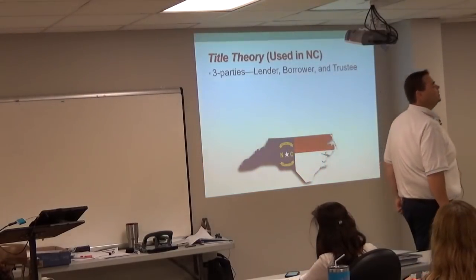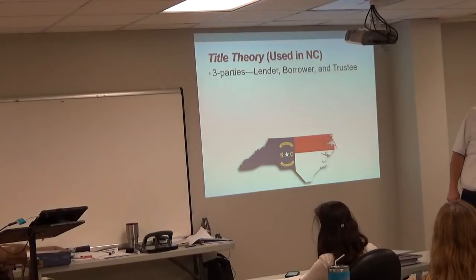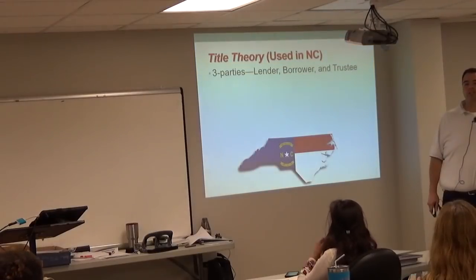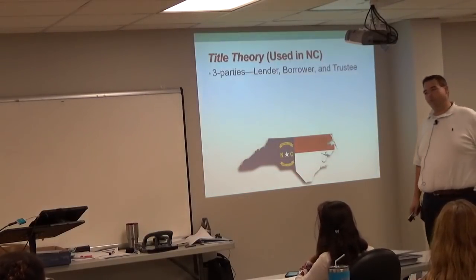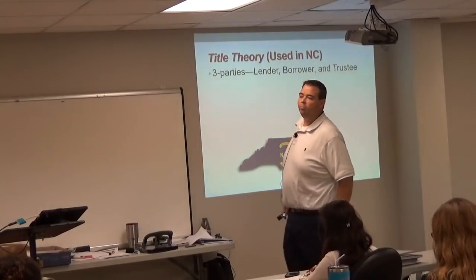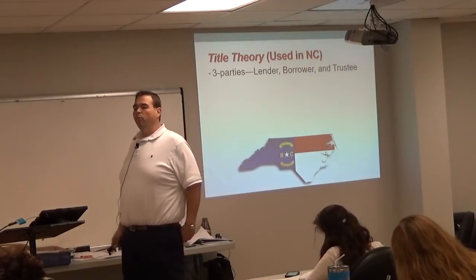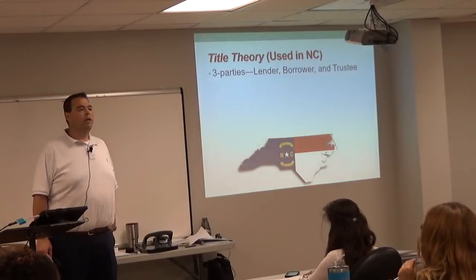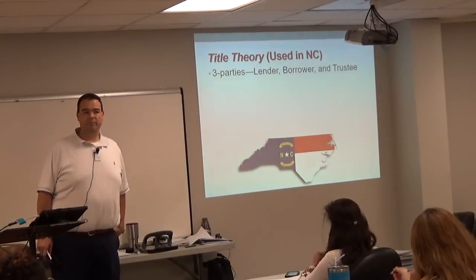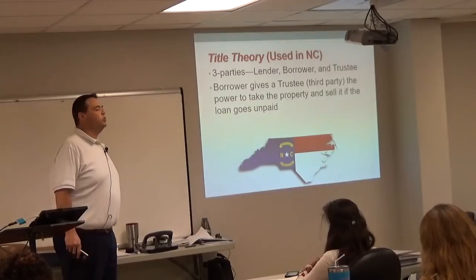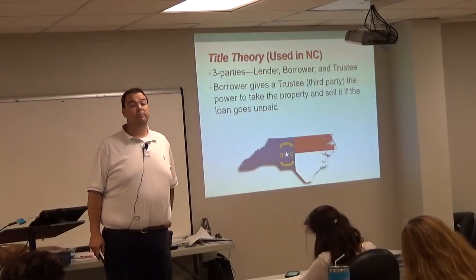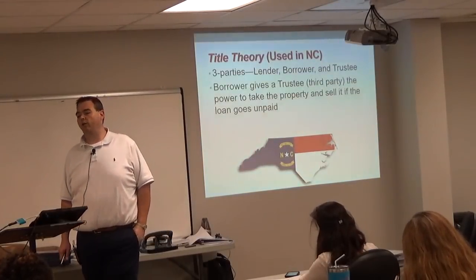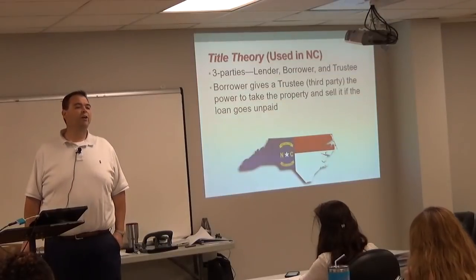I always say that we've done this because we're such a sports-oriented state. Sports are a big deal here. When you have sports, you need a third party to call the shots. What do we call them in sports? A referee. In mortgages, we call them a trustee. When you talk about a mortgage loan in North Carolina, you talk about trustees. And we talk about deeds of trust. The trustee is the person who's been given the right to make the call. And there's only one call that gets made when it comes to a mortgage loan. What call is that? Whether or not to foreclose.